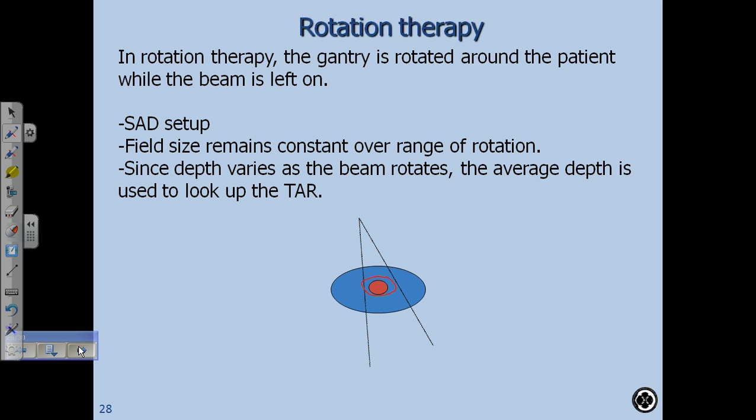So what we would do is very simply take an average of the depths. This is just a simplification of it. We would take the average of the depths and look up the TAR. Even before CT scanning and before we had 3D conformal therapy, we had a way